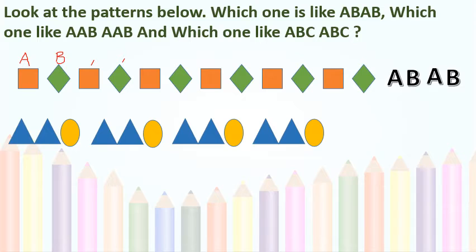See this. Now, again assume this triangle is A. And here this is also a triangle of the same color, so it is also A. This is an oval, so it is B. Now again same A, B, A, B, isn't it? So the pattern is AAB, AAB. Right?